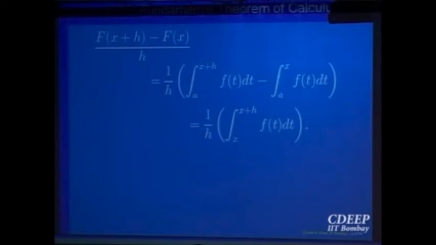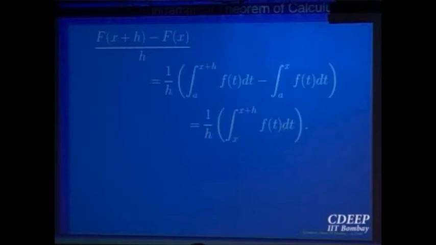Quite often, if this is a question asked, you will apply what is called L'Hopital's rule straight away. But that comes out as a consequence of this later on. There is something involved, so we don't want to use L'Hopital's rule here at all. We want to show straight away by definition that this limit as h goes to 0 exists and is equal to the value of the function small f at the point x.